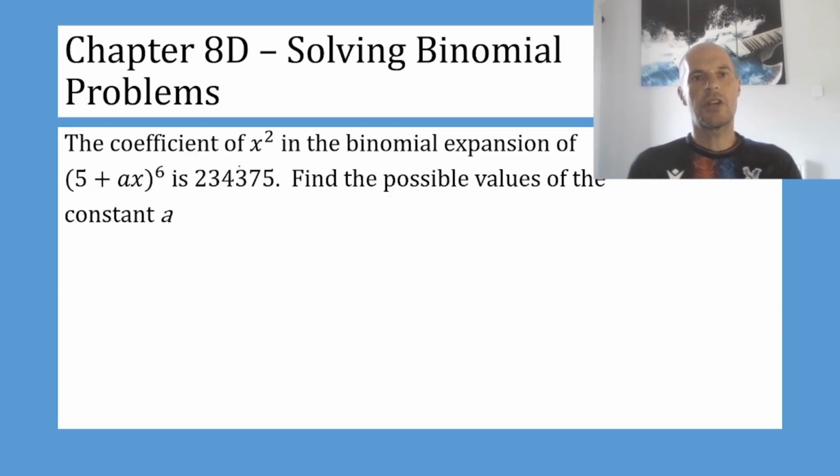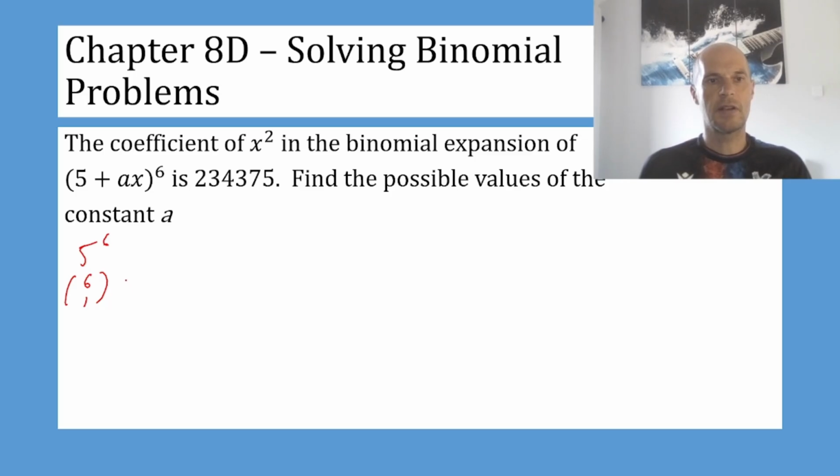Okay, here's another example. The coefficient of x squared in the binomial expansion of this is this horrendous number here. Find the possible values of the constant a. Okay, so it's (5 + ax) to the power of 6. The first term is going to be 5 to the power of 6. The second term is going to be 6 choose 1, 5 to the 5, times ax. The next term is 6 choose 2, 5 to the 4, and it will be (ax) squared,